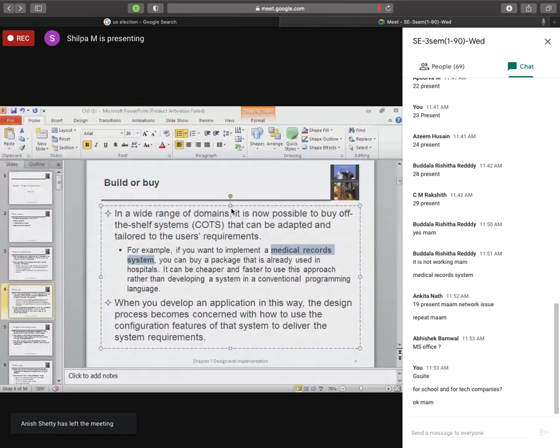So in order to support that, they use the COTS application. What the COTS does is, the basic framework will be the same, and over the top of it, they will make some changes and develop the system, or give it to a particular customer.